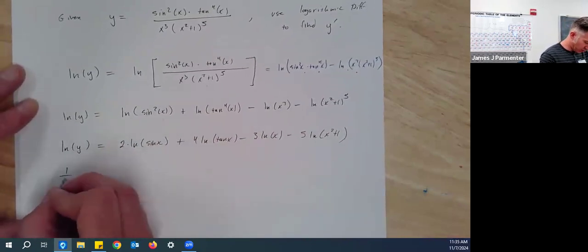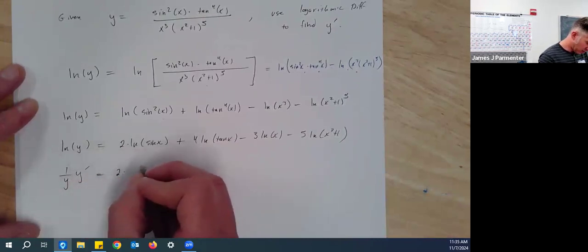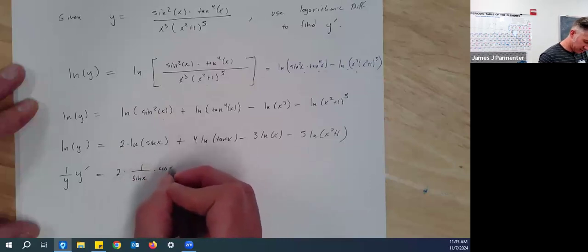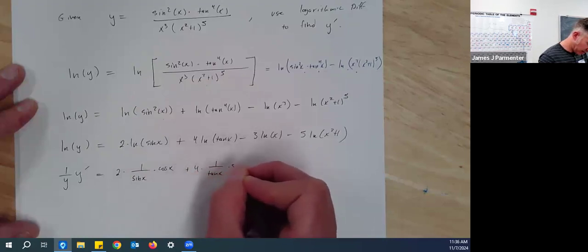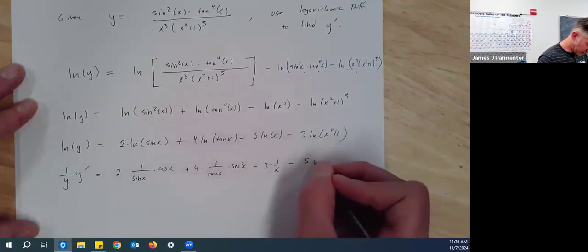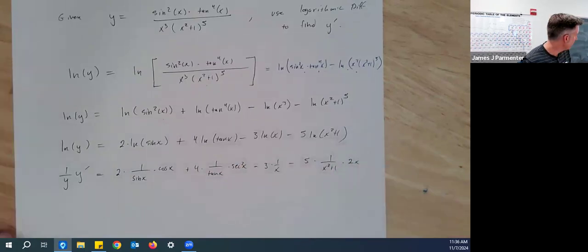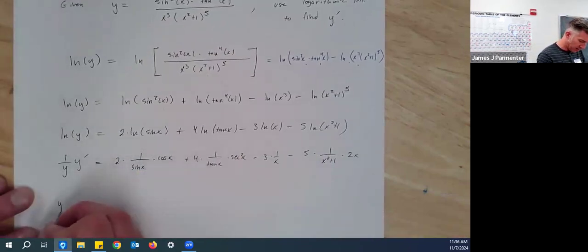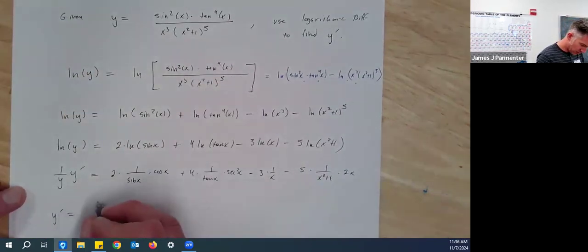On the left, we still get 1 over y times y prime. On the right, we get 2 times 1 over sine of x times positive cosine of x, plus 4 times 1 over tangent of x times secant squared of x, minus 3 times 1 over x, minus 5 times 1 over x squared plus 1 times 2x. Finally, since I'm almost out of room, I'm going to multiply both sides by y, but I'm actually going to replace y with what we know y is equal to. So y prime equals y